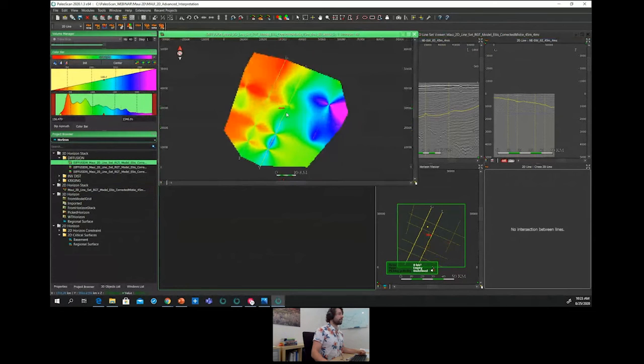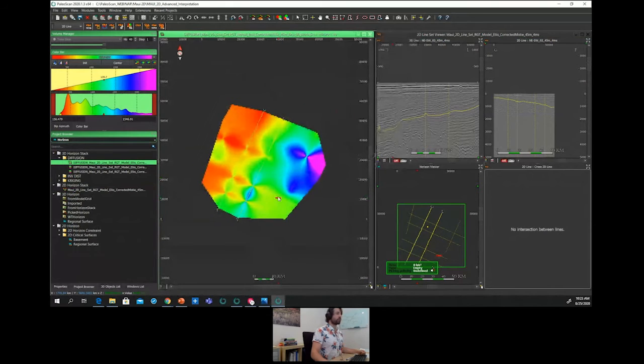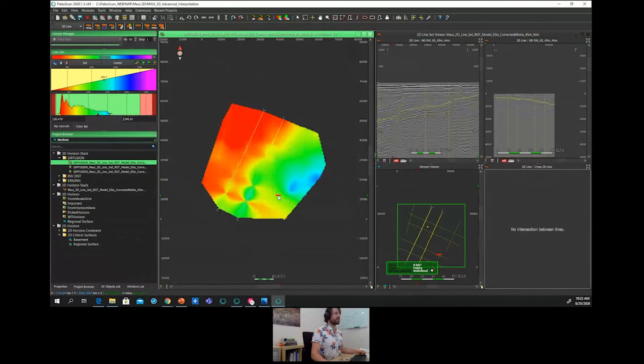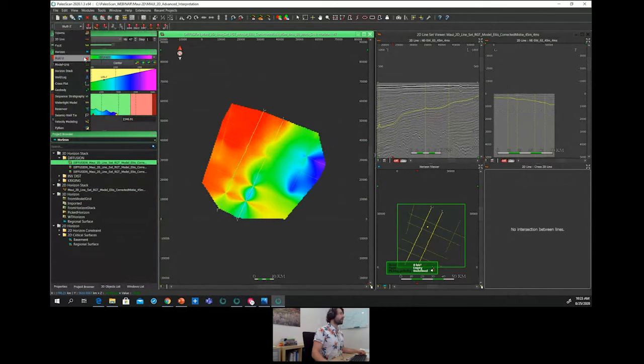So here is a 3D horizon stack that can be used to scroll again within the 2D line set. And this 3D horizon stack will be reused afterwards within the horizon toolbar in order to create a model from horizons.